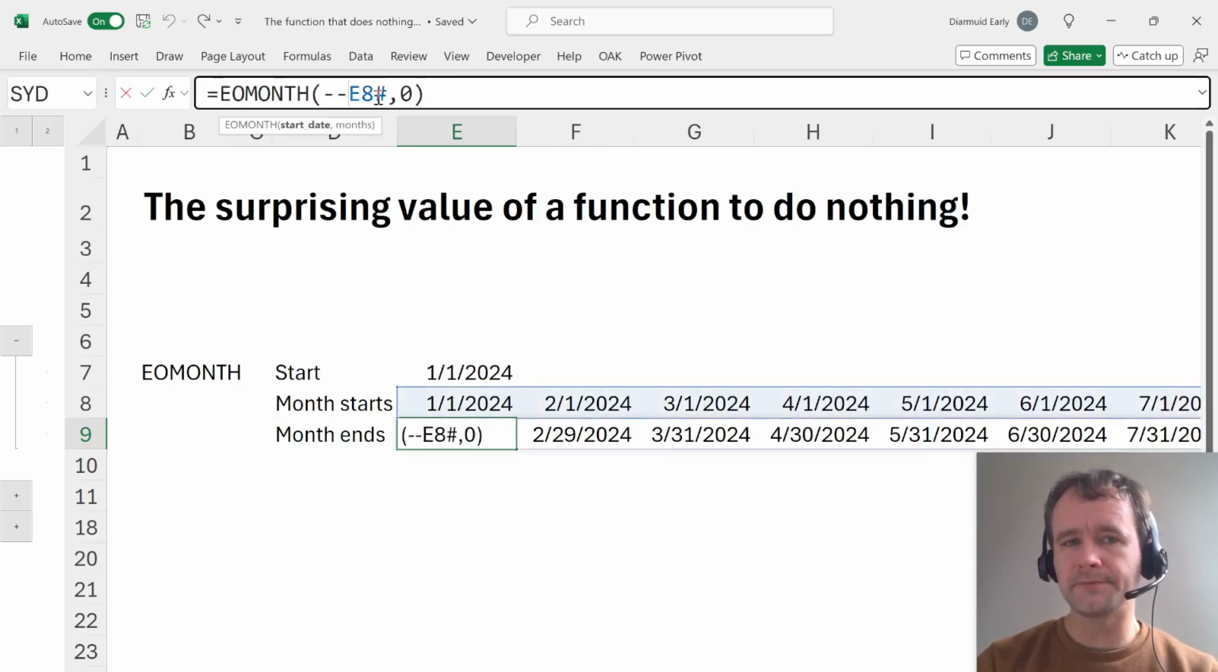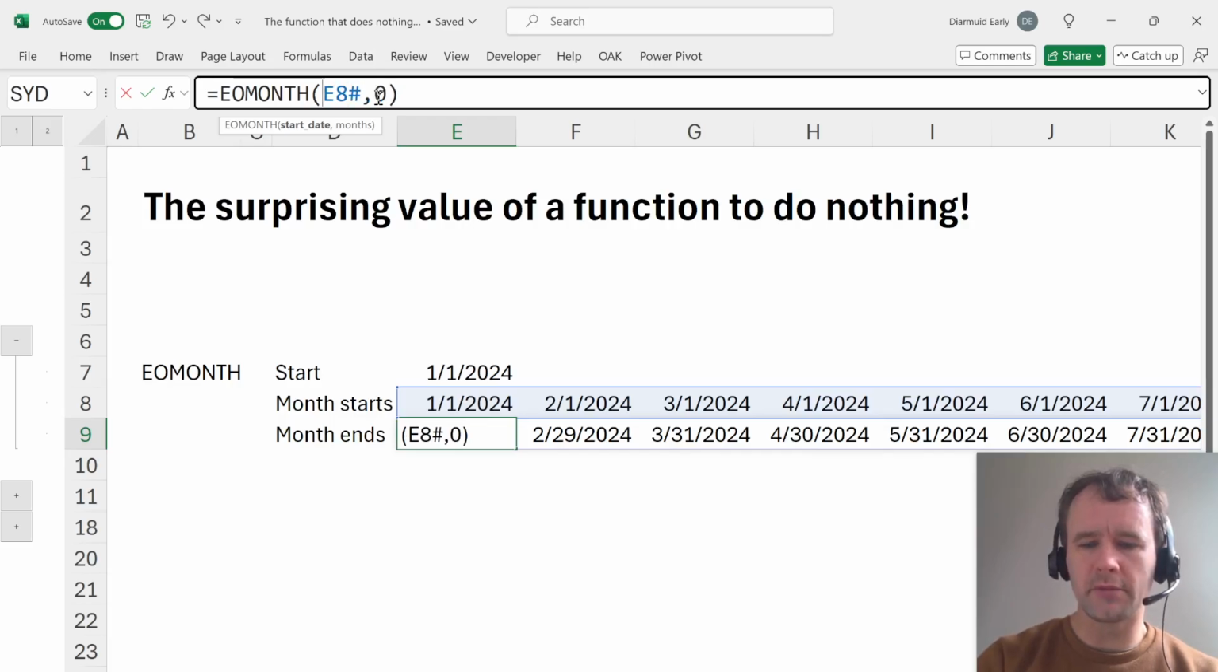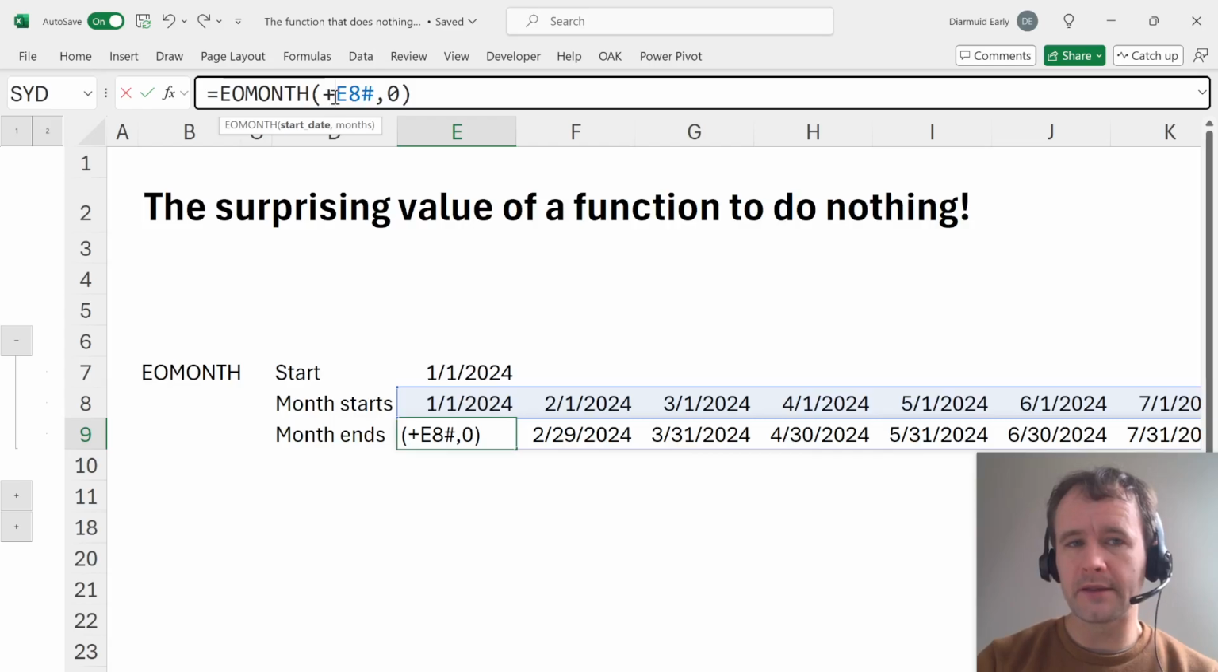The other one that you can use, and most of the functions that have this feature are ones that expect numerical arguments, but there's at least one that I can think of that expects a text argument. And so there is one. Multiplying by 1 will only work with a number, and 0 plus will only work with a number. But if you just put a plus in front of it,